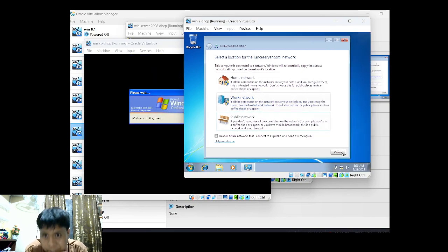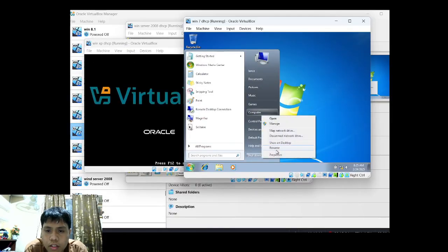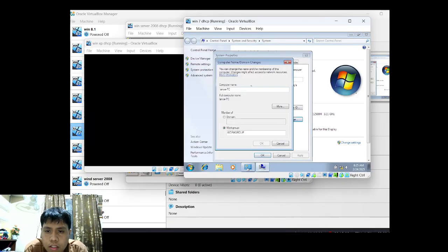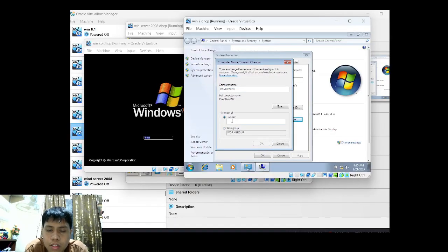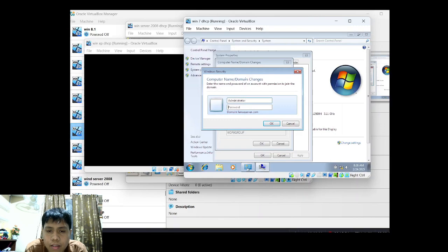Then let's do this now on the Windows 7. And again, computer, then properties, then change settings, and change the PC computer name to David Win7. Then the domain is lanserver.com. Okay. Then you just need to wait like in the Windows XP, and administrator again.